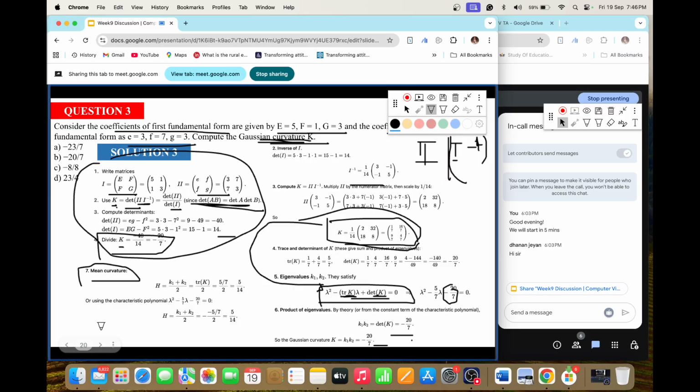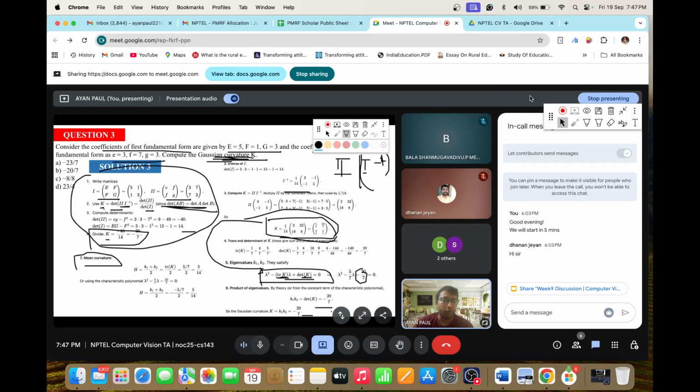That is the Gaussian curvature as well as the mean curvature. That is why the best thing is to form the linear map. If you can form the linear map, then you can get both. Otherwise, if you are just asked to find the Gaussian curvature, you can easily escape with this. Just do this and you can easily escape with it. So I hope this question is clear to all of you. Clear, right? Any doubt on any step? This is an important question. This type of question will definitely come.